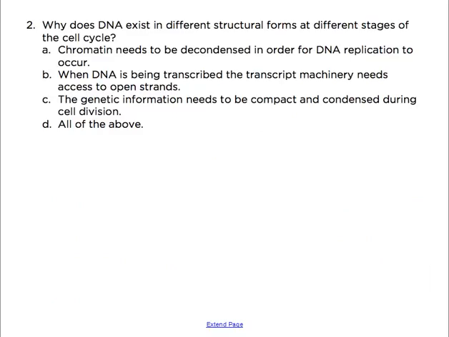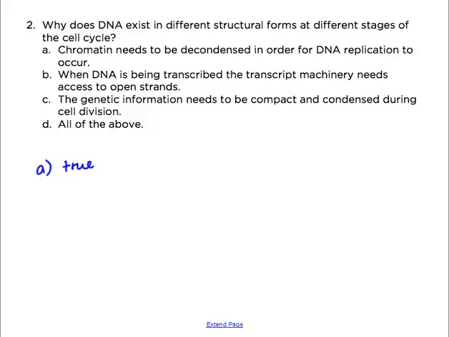Problem 2. Why does DNA exist in different structural forms at different stages of the cell cycle? So let's run through each of these statements and see which are true, and which explain why DNA exists in different states of compaction at the different cell cycle stages. So for A, chromatin needs to be decondensed in order for DNA replication to occur. So A is true. It needs to be decondensed